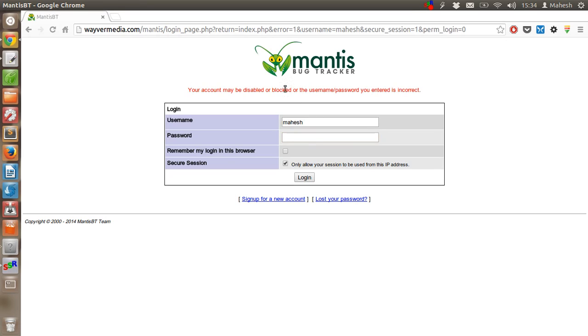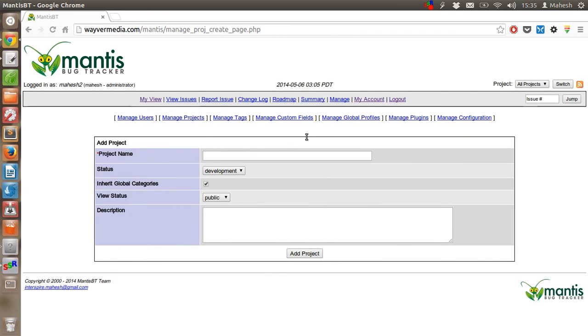Okay, so if the password doesn't match, it will show some error. Once you get the password and username correct, you will be presented with this screen where you have to first add the project. Currently I'm the administrator, as you can see from here. I'm administrator, so I can add project, users, tags, categories, global profiles, custom fields and plugins, along with other configuration settings. So first we will add the project name as